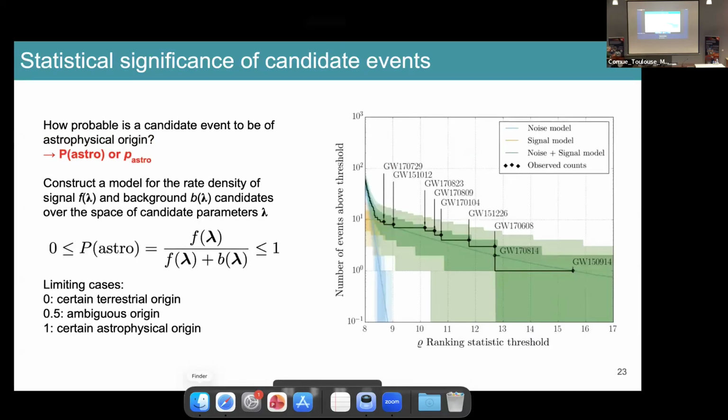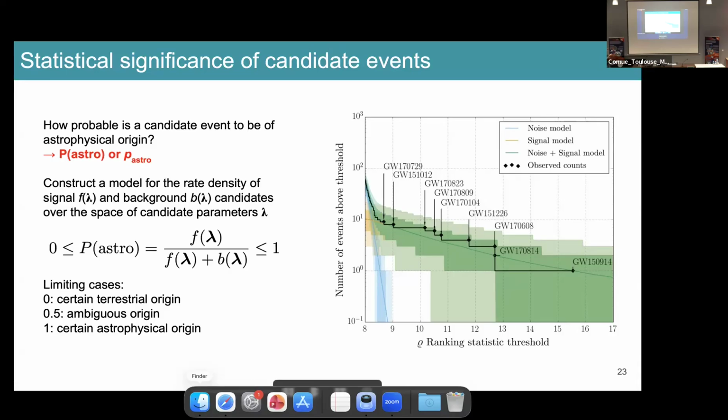There is another thing we can do, though, which is answering a different question. And I expect this to be very confusing. So maybe I will have a lot of questions about this. We ask now, okay, we have a certain candidate. We don't want to know the rate at which the search will produce a candidate like this. We want to know how probable it is that this candidate is of astrophysical origin. It may seem that it is the same question as at the beginning, but if you think about it,